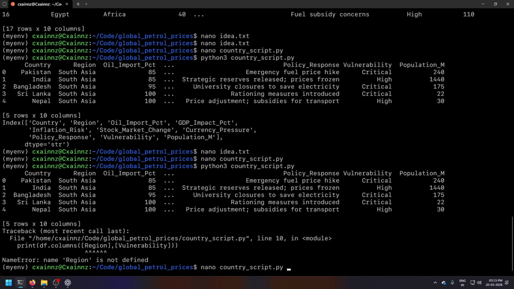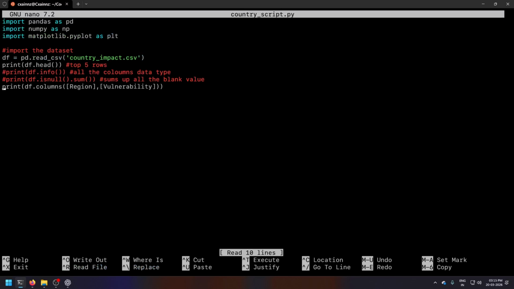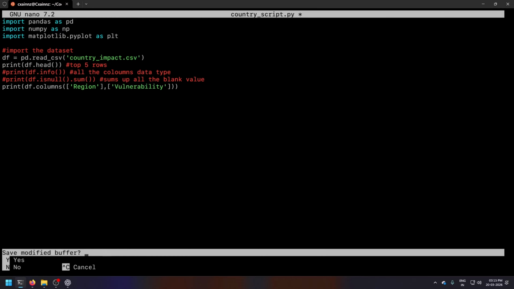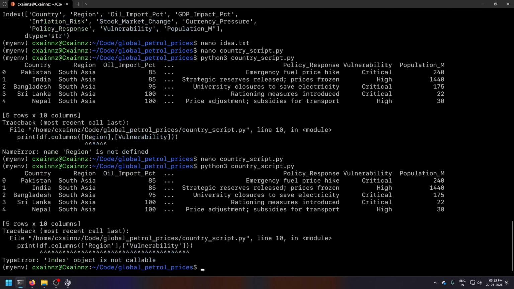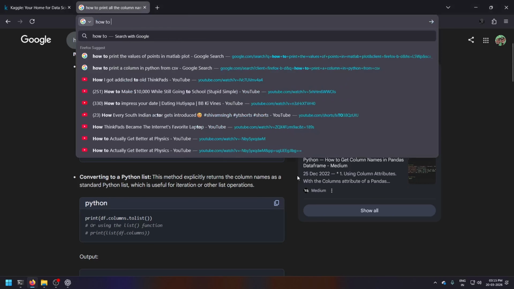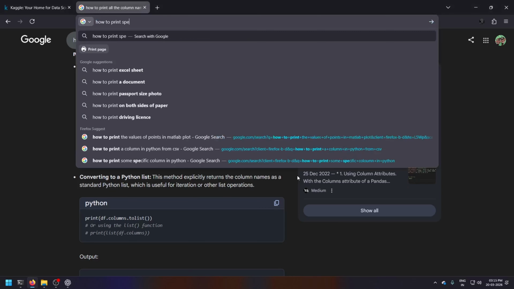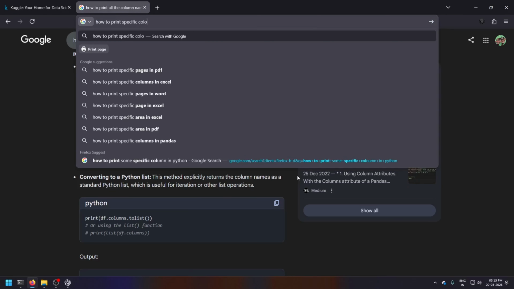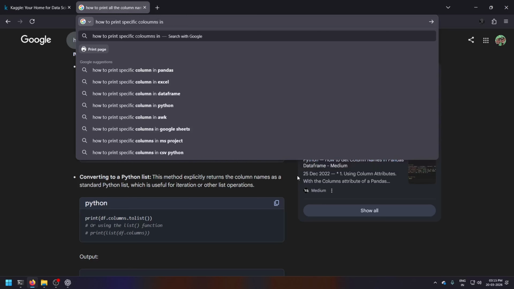Basically I have to write it in apostrophe terms. Index is not callable. Okay, let me search how to print specific columns in a data frame.